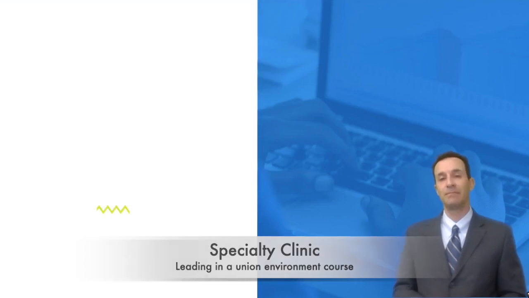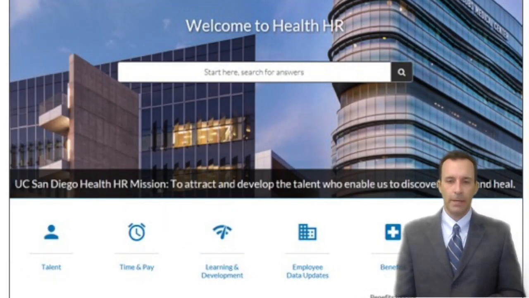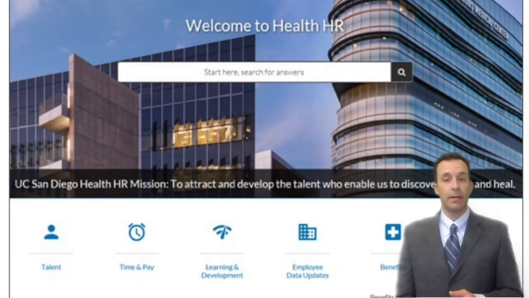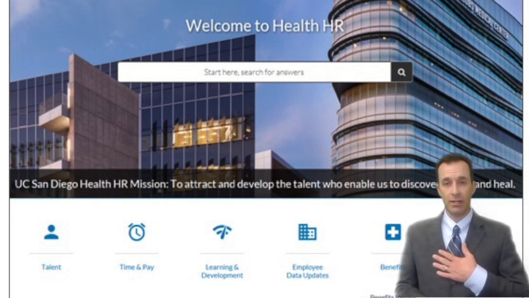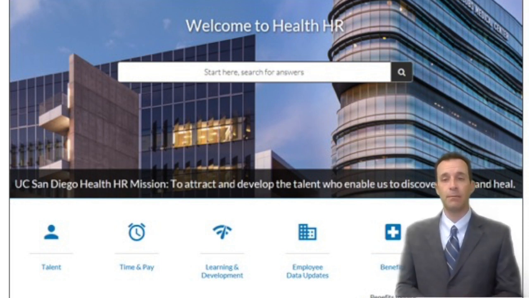schedule that with us. The last item that we would like to talk about is the HHR website. If you're not familiar with it, you need to go familiarize yourself with the Health Human Resources interactive website. It allows you to initiate a case with each of the individual subunits, and it can be used not just for labor relations, but any of the tasks that you would need to do, both as an employee and as